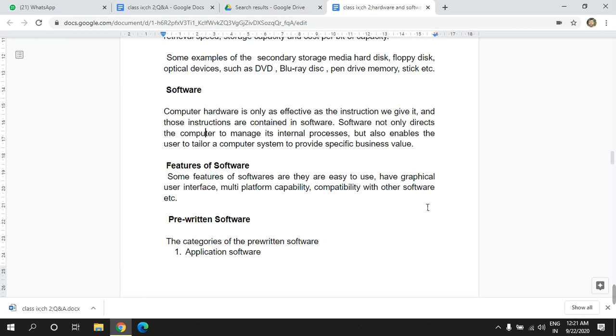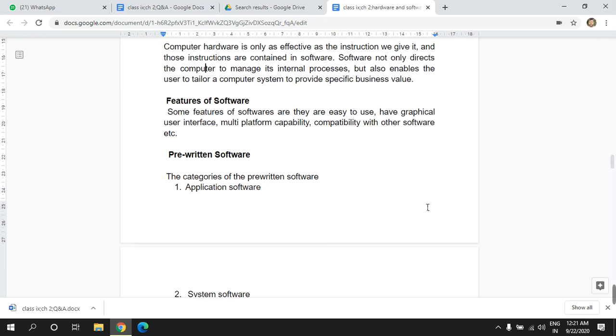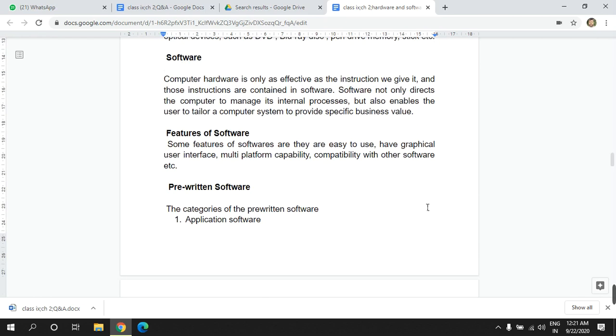Now, what is a software? A set of instructions makes a program, and a set of programs makes a software. So whatever we see around us on mobile phones, on computers, the programs running, applications running, they are all examples of software. Here we are talking about the software which is run on computers.